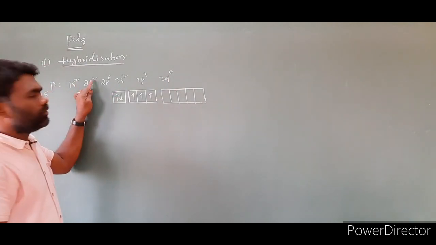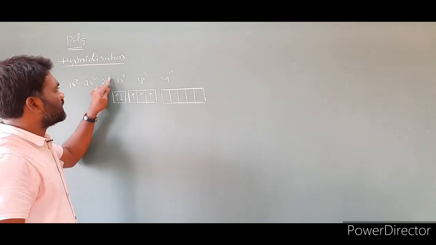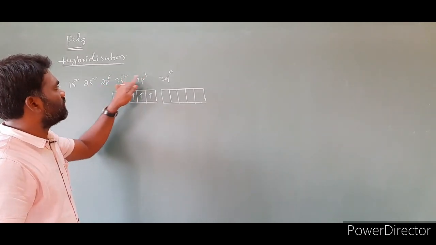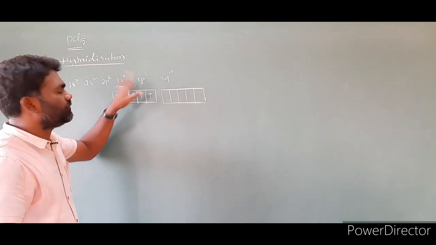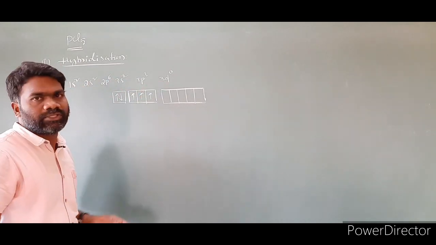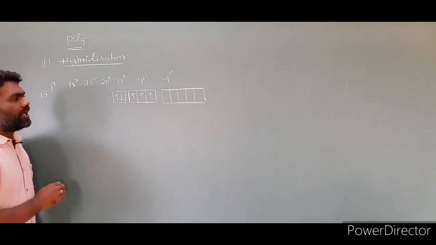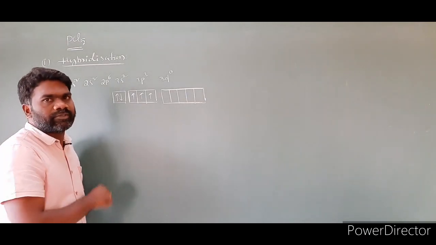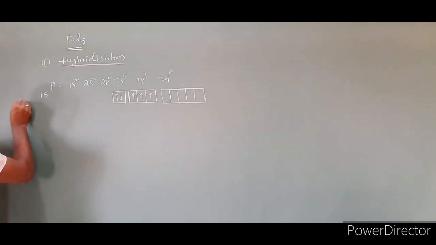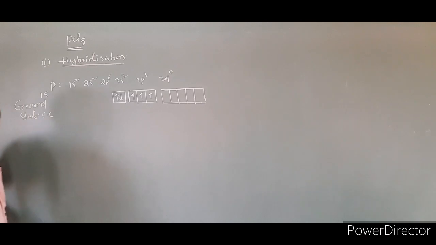2 plus 2 is 4, 4 plus 6 is 10, 10 plus 2 and 3 total will be 5. So 10 plus 5 is 15. D is equal to 0. No, there is no electron in the d orbital. This point is clear. Now we have to write the excited state electronic configuration for this. This electronic configuration is called the ground state. Ground state electronic configuration. Clear?